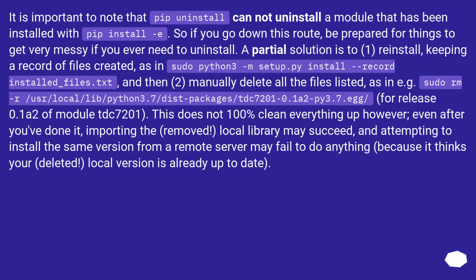It is important to note that pip uninstall cannot uninstall a module that has been installed with pip install -e. So if you go down this route, be prepared for things to get very messy if you ever need to uninstall. A partial solution is to 1. Reinstall, keeping a record of files created, as in sudo python3 -m setup.py install --record installed_files.txt, and then 2. Manually delete all the files listed, as in for example sudo rm -r